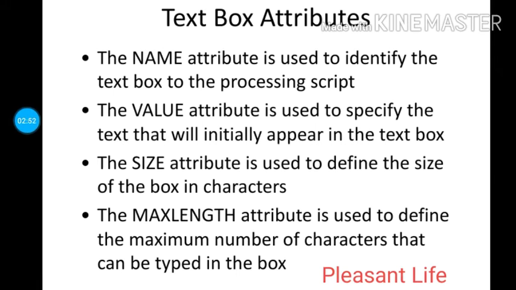After, the size attribute is used to define the size of the box in characters. Then the max length attribute is used to define the maximum number of characters that can be typed in the box. These attributes are contained in the text box.